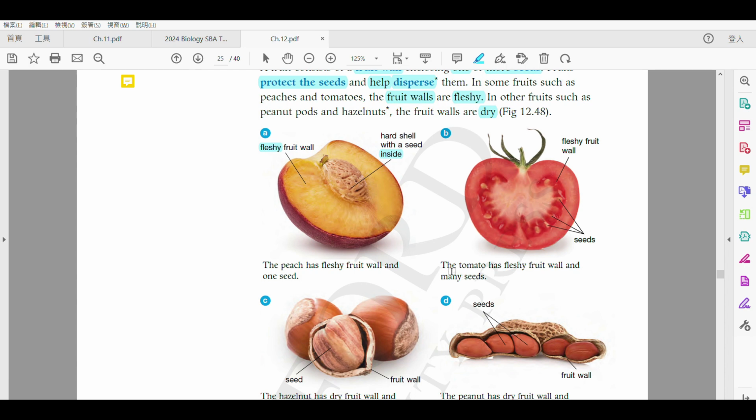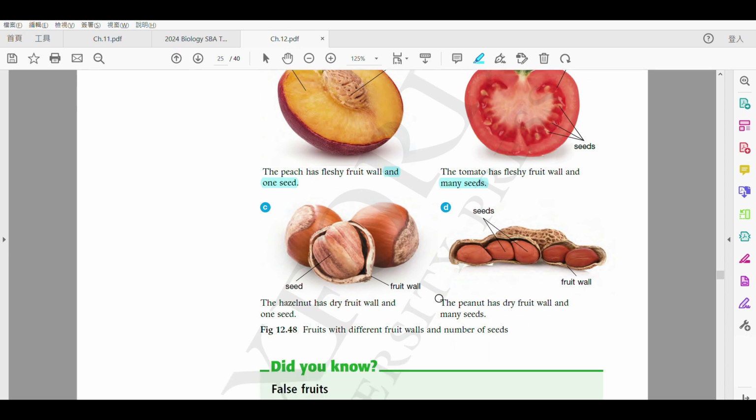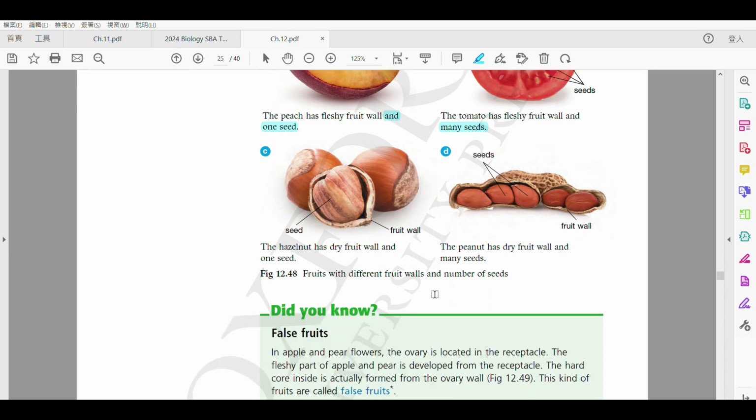And then for the other type of fruit， 另外一種嘅 fruit 咧，就會講到呢個 hazelnut 榛子啦。So this 榛子 they will have a very dry and hard whorl 嘅 fruit whorl 啦 ，and there is only one seed inside。另外一個啦 ，most of you know what is this？ This is peanut。Peanut 就係一個嘅花生啦。They also have a dry hard whorl, but they have multiple seeds。佢哋有幾粒嘅，得唔得？